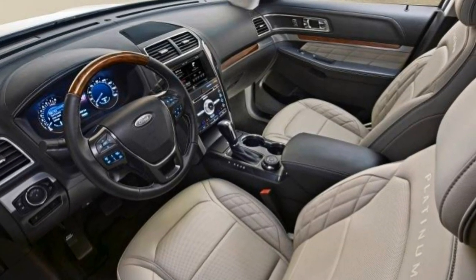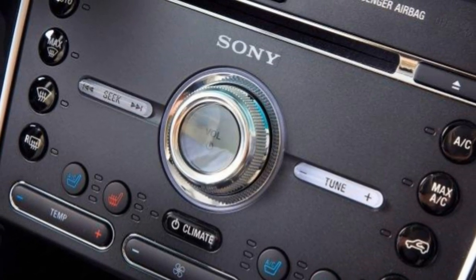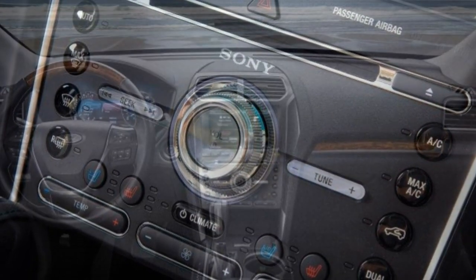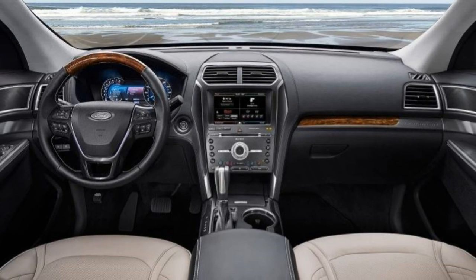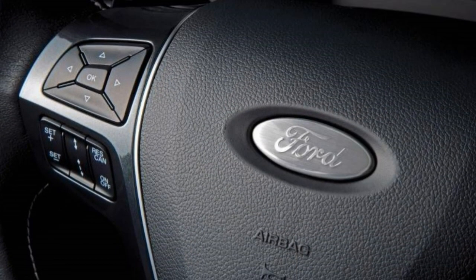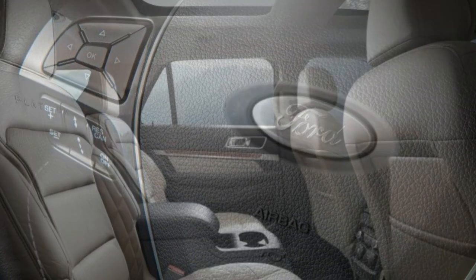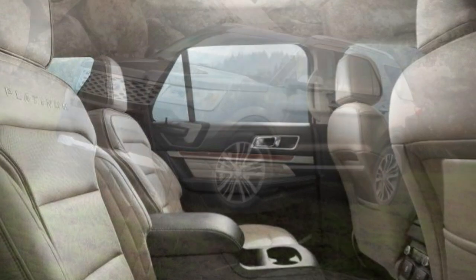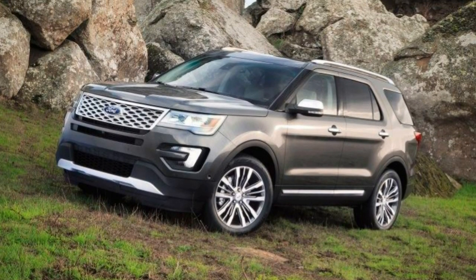2018 Ford Explorer Review. A spacious and cozy SUV, the Explorer rolls into 2018 with only minor changes. When Ford introduced the current generation of the Explorer in 2011, it switched from the Explorer's traditional body-on-frame construction to a more car-like unibody. In so doing, the Explorer more fully and smartly embraced its role as daily family transport, delivering better road manners